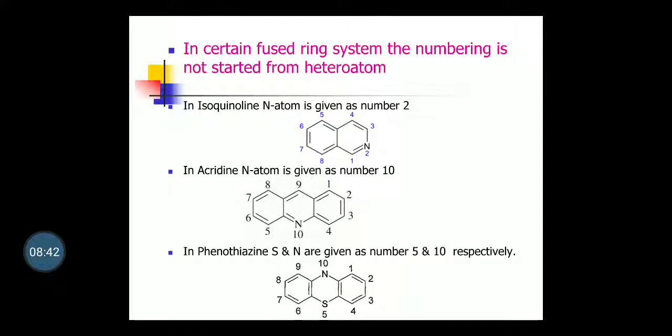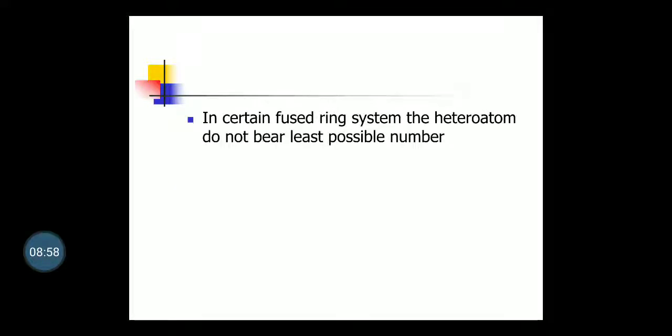So we are starting with either of the homocyclic ring, and same we are counting sulfur, then 6, 7, 8, 9, 10. And 10 is actually common in both acridine as well as in phenothiazine, but both are the exceptional cases of numbering. We had already cleared that these all are fused ring structures, and in a fused ring structure the numbering is complicated. We must remember the sequence and the pattern of numbering for these exceptional cases